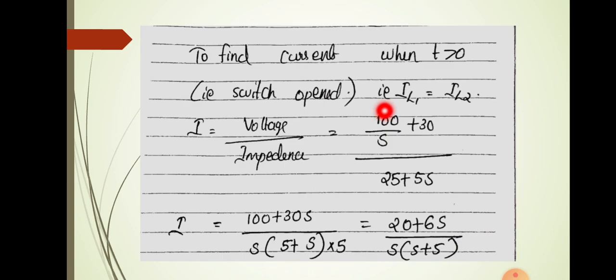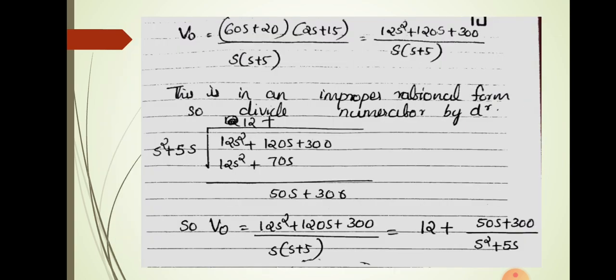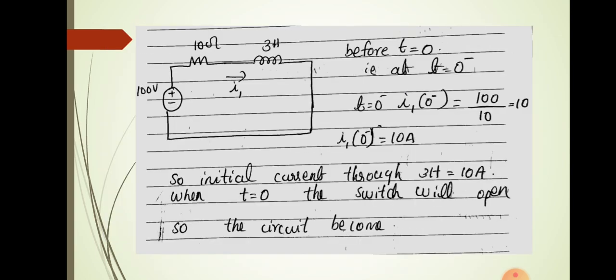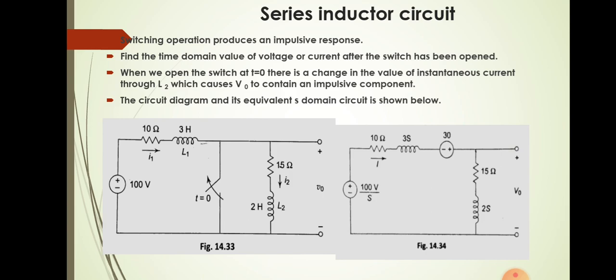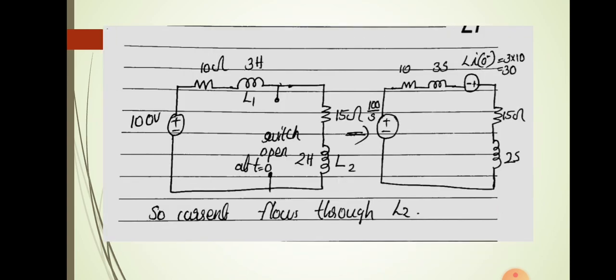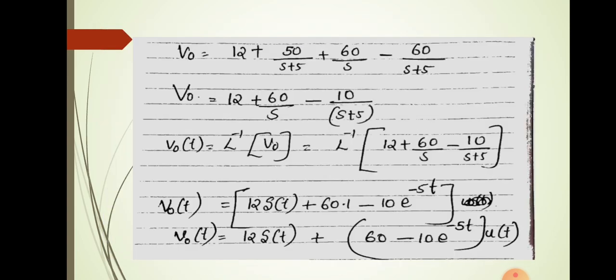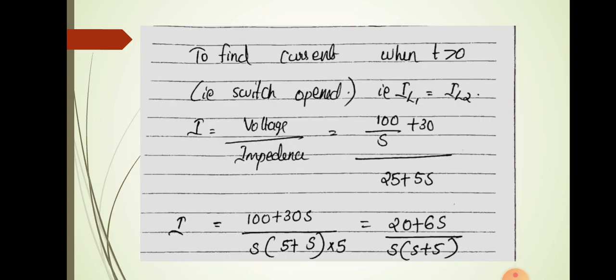At that point, when the switch is opened, you know that both inductors are connected in series. So the current through the first inductor L1 will be equal to the current through the second inductor L2, right? See, this is the circuit. At t equal to 0, this was the circuit. So current I starts flowing through this circuit, and since these are all part of a series circuit, the current through this inductor will be equal to the current through this inductor. That is, IL1 will be equal to IL2. That is the point.